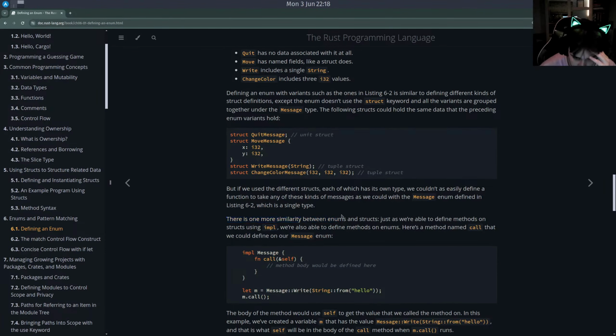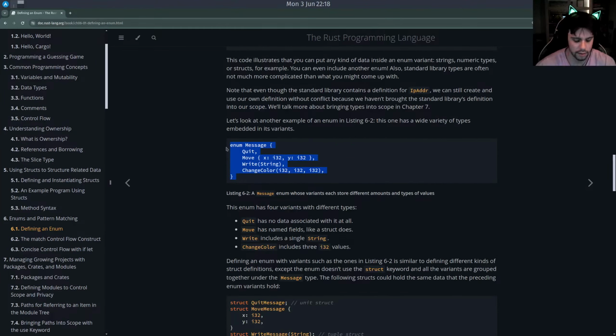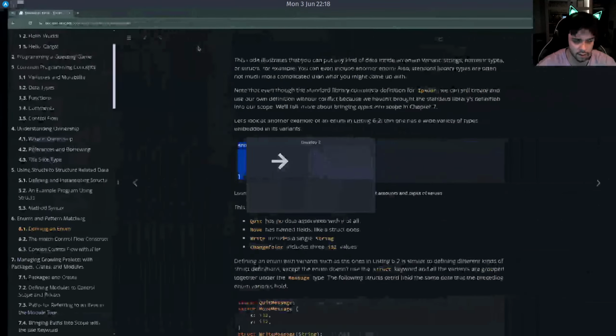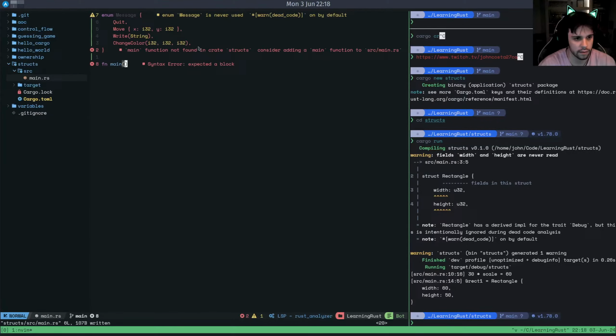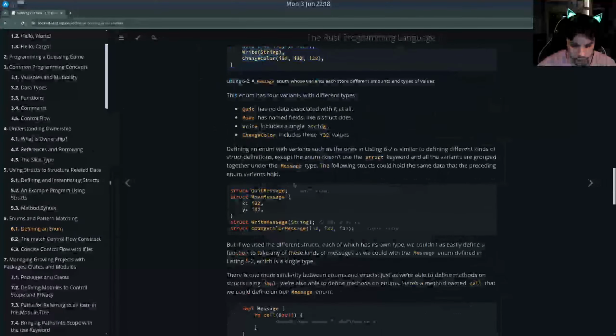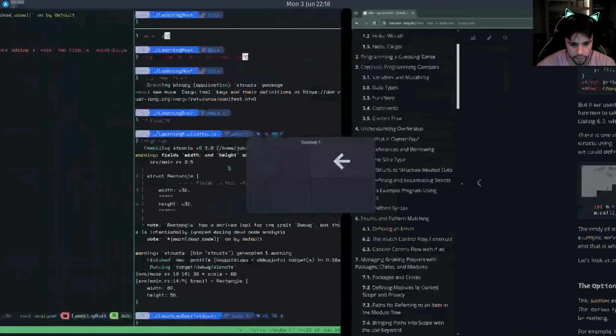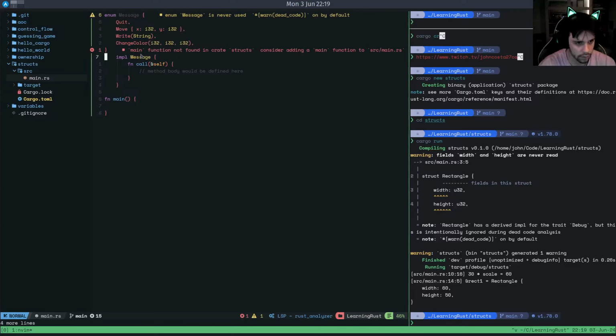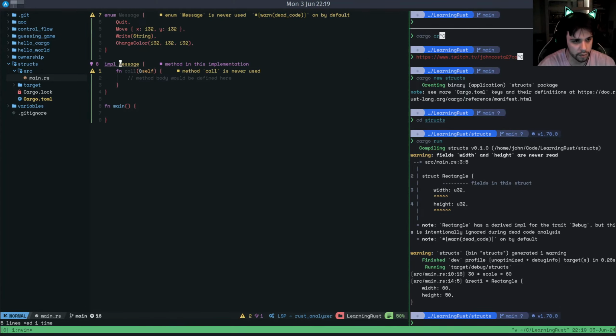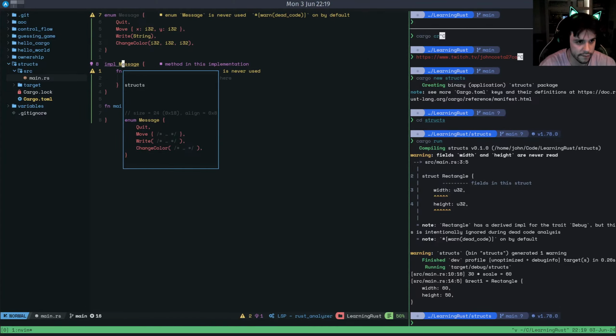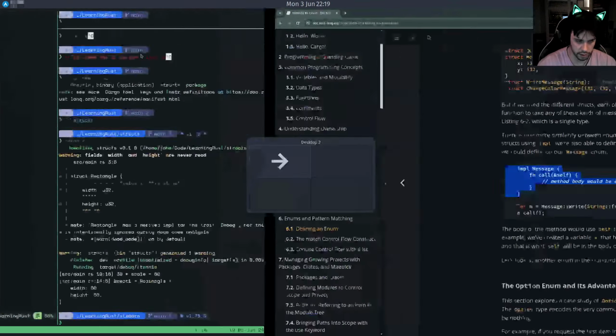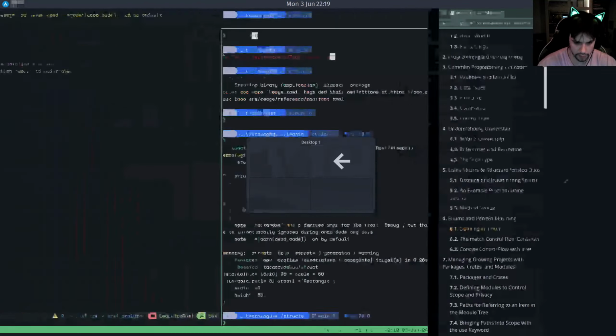There's no more speciality between enums, so we can implement. Here's a method called call that we could define on our own Message. So impl Message. Let's take a look at this. It's kind of like starting to look at the things I wanted to look at. So if you had this here, right? So if you do, let's move that back. So we implement a Message, method and implementation. We call, and we can do let m